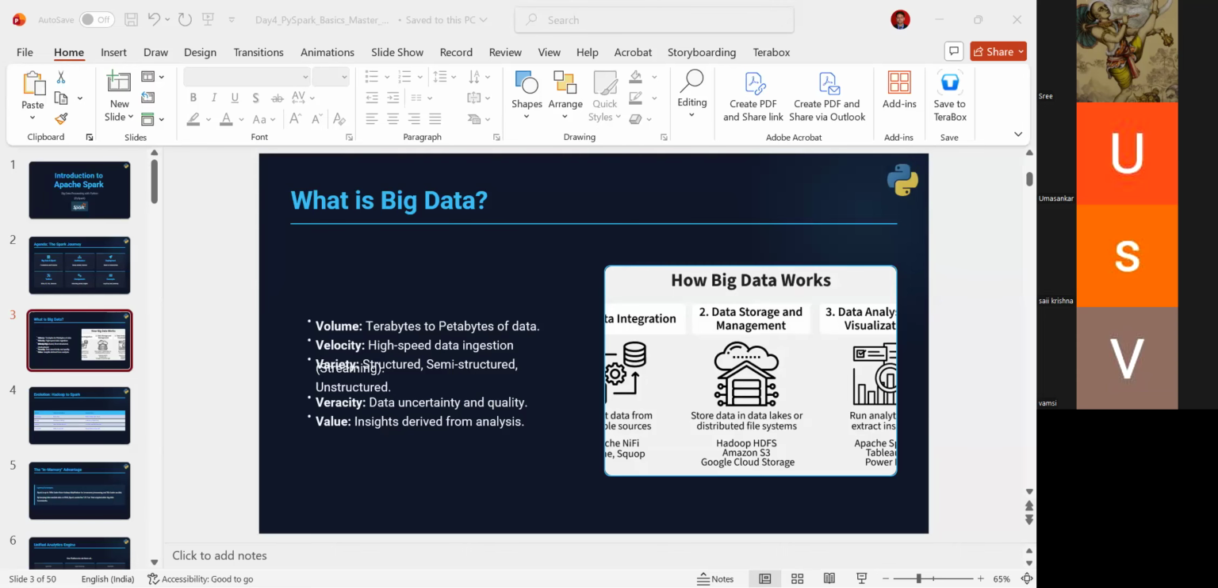So to understand PySpark, it is Python with Spark integration. We also need to understand what Spark is first of all. Why did Spark become popular? What was there before Spark was invented to manage big data? And let us try to understand. When I say big data, there is